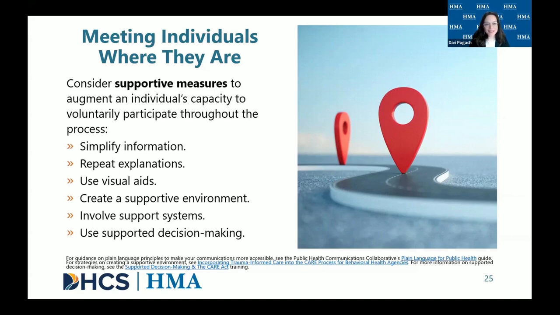If the person has outside supports, like a volunteer, like Mary's peer supporter, Mary's sister, other natural supports, family members, peers, they can be really helpful. It's not just the volunteer supporter. I want to acknowledge that not everyone is going to have those natural supports, but if they do, it's a really wonderful tool to use during the care process. And then supported decision-making strategies. And let's go to the next slide.